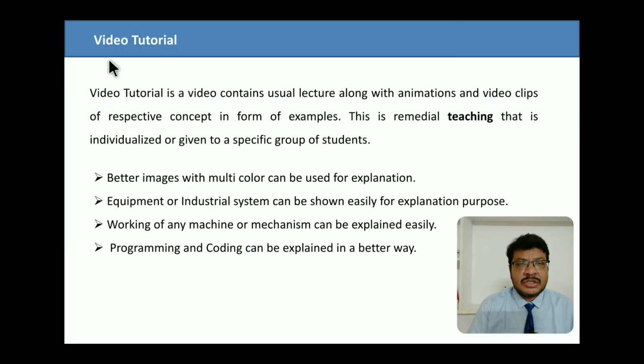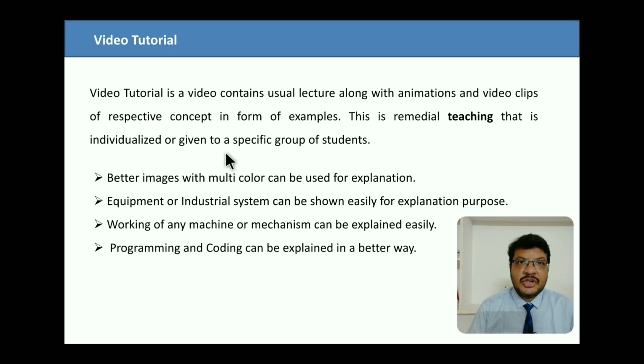Let us start the course with the definition of video tutorial. What is a video tutorial? A video tutorial is nothing but a simple video containing the lecture. But what is the difference between the lecture in the classroom and this video tutorial?